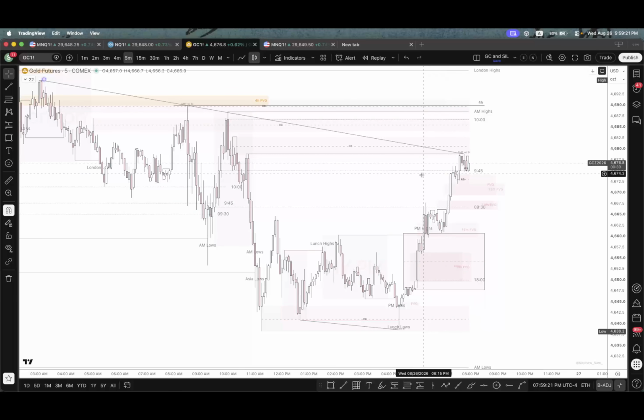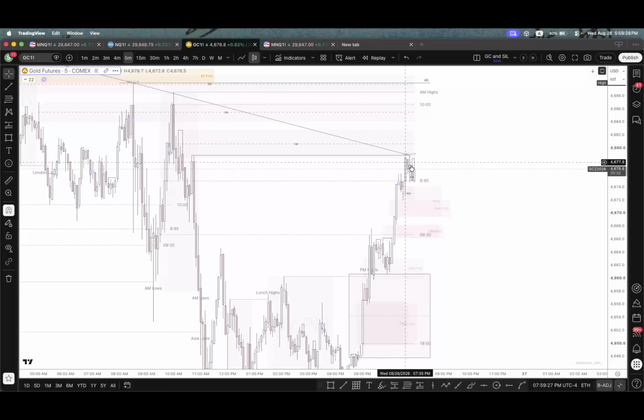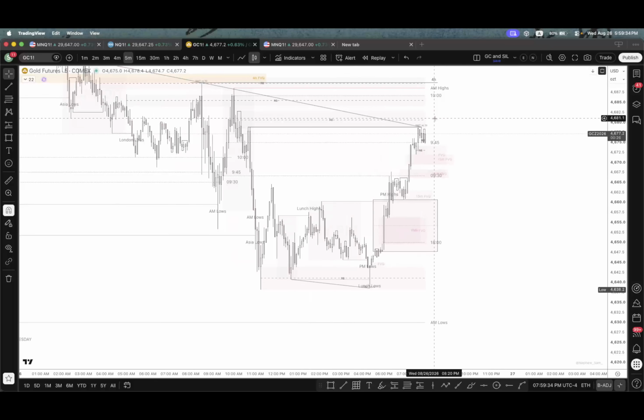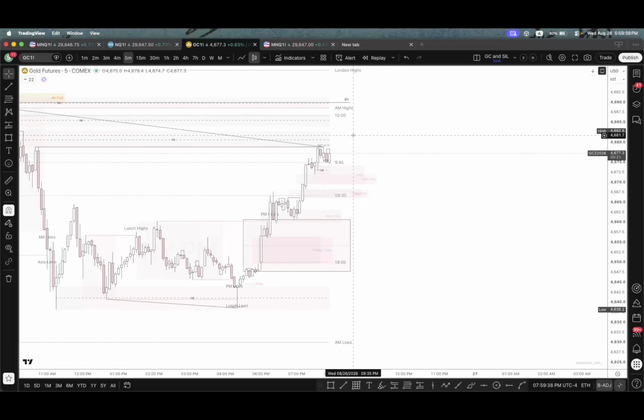Okay, we're making equal highs. So we're making equal highs, so I'd definitely like to see this getting swept out and then potential shorts down here before continuing up higher, right? Because you're bullish overall. But I want to see this get swept